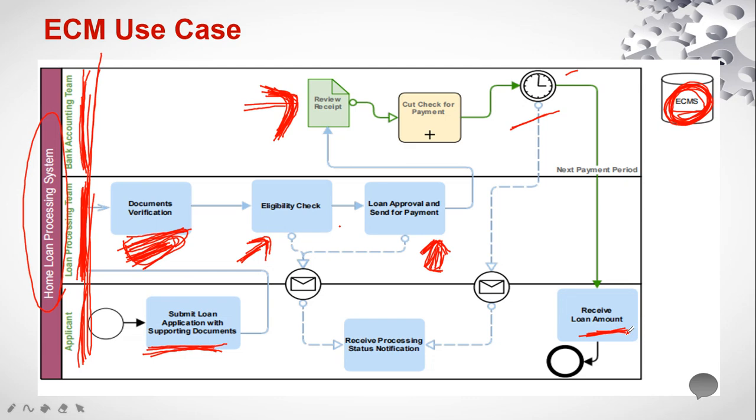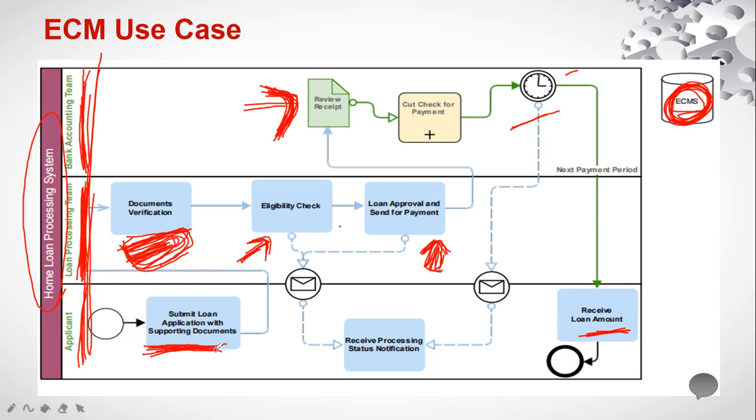I'll start from the beginning now. Let's say the applicant sends the application with supporting documents, and it reaches document verification. At this time I will explain what content is generated and how our system will manage that. When the loan application is submitted, a lot of documents are submitted along with it. Once the application or documents are received in the banking system, those documents are called enterprise content documents, because they are generated as part of the home loan processing system, and it has predefined rules and predefined processes. All the documents received at the banking end will be stored in the eSIM platform.